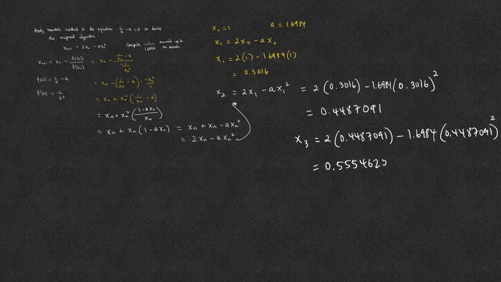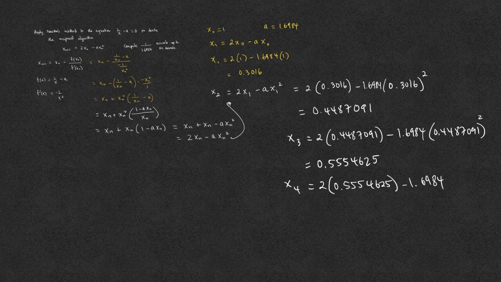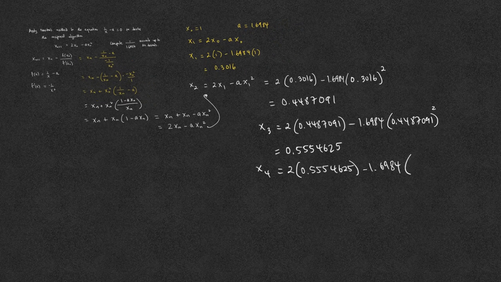But again, we keep one more decimal place. X sub 4 is 2 times x sub 3, which is now 0.5554625 minus 1.6984 times x sub 3 squared, 0.5554625 squared. We will use a calculator for this. We will get